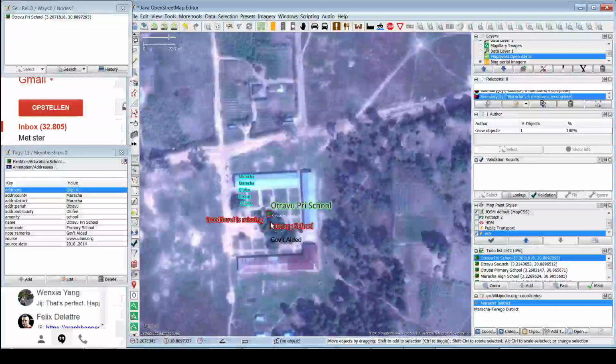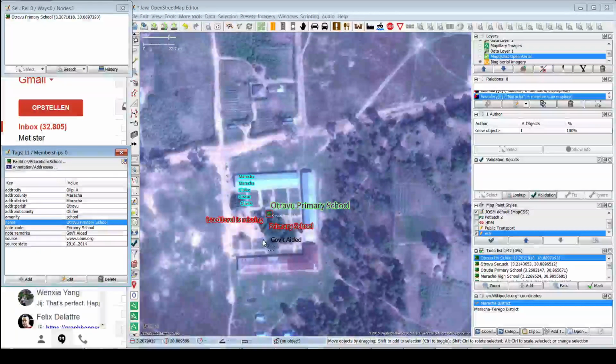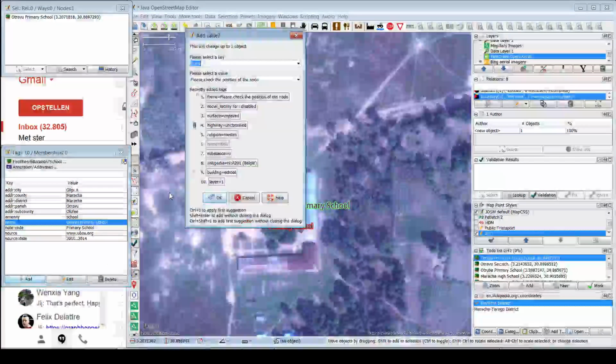Okay, so what do we see? We see Otravu preschool. That's not very good. So let's change that to primary school. That's a lot better already. Then here we also see government aided. Okay, so we get rid of that, and then we add